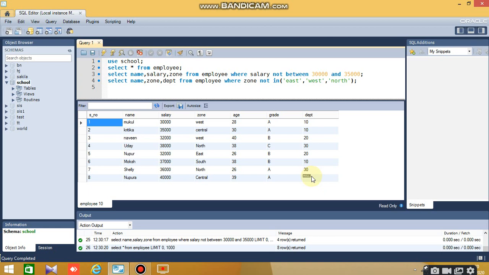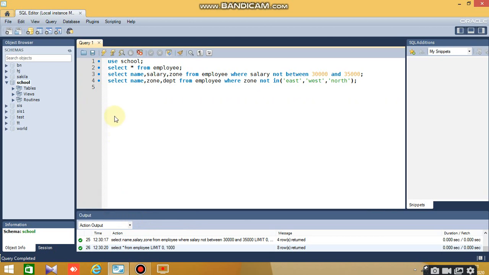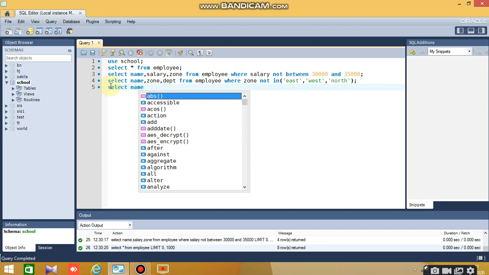जब भी आपसे ऐसी values को retrieve करने को बोला जाए in which has null value, null means no value, so you always make the use of is keyword. Remember, there we cannot make the use of is equal to. So you can see there is one employee named Nupura. She has not any department number, not assigned any department number. So if I want to see the names of those employees who has no department, जिनका कोई department नहीं है, तो just write